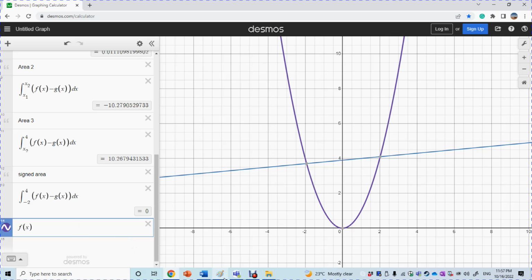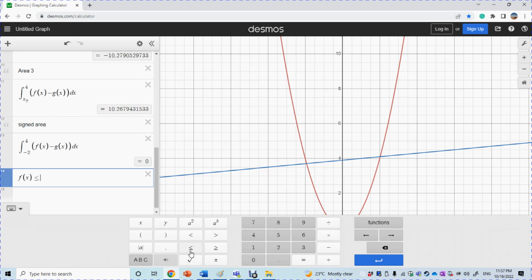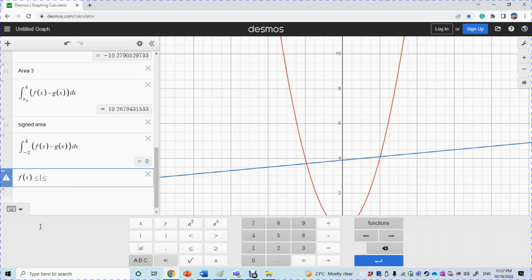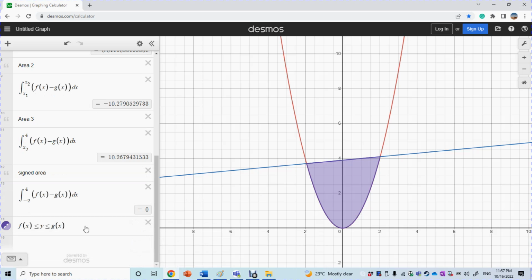All right, and I'm going to use that one twice, and then put something here. Put y here, and put gx here. Okay, so you can see they show you some boundary area. But what I really want to show you is the area between the